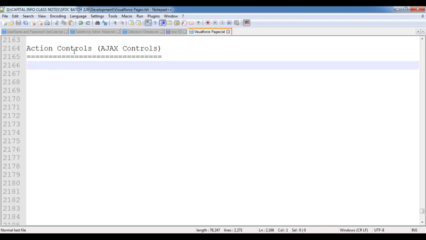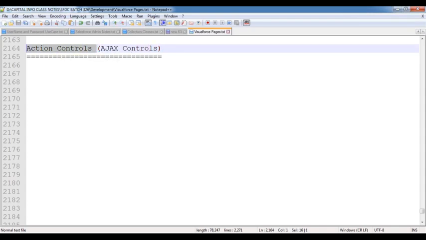From here, we are using the Ajax controls. Those are also called action controls, which are going to invoke the actions asynchronously, automatically, without any human interaction. Based on some event or based on some specific time period, we can invoke those actions also. The facilities are available. So instead of invoking the request manually on our own, we can make the request get sent to the server automatically based on some event or some specific time period with the help of the